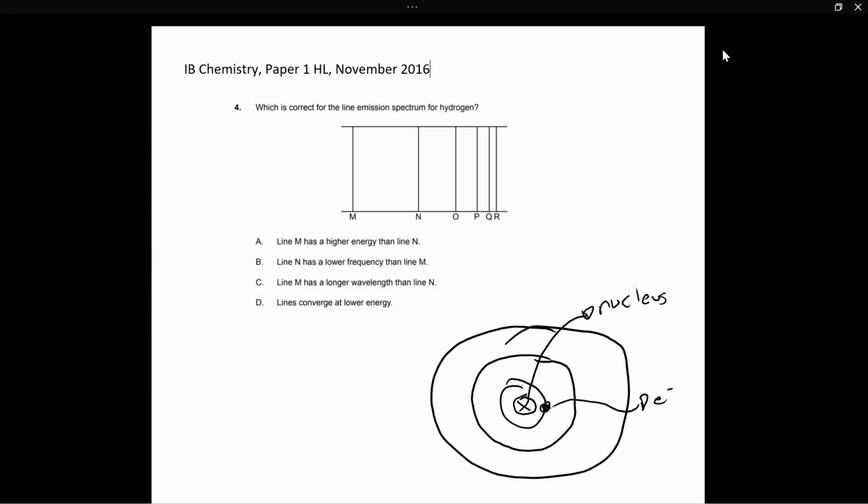has the lowest energy. So this energy shell, this is the first shell, right? This is the first one. This is the second one. And this would be the third one. So naturally, the electron which is closest to the nucleus will have the lowest amount of energy, right? Because it's so close to the nucleus, it's going to have very little energy because of the force of attraction